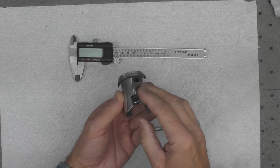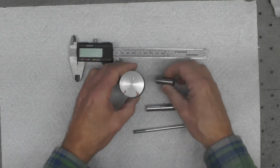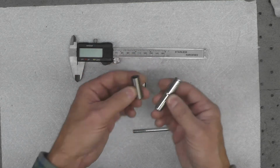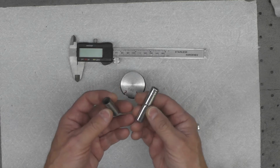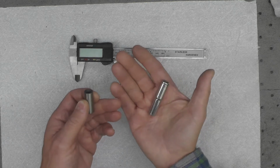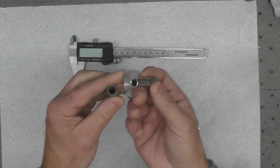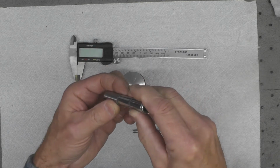I don't know if you can buy one that's small enough for this piston and wrist pin. But what I'm going to do is I took an inexpensive deep socket. I went through my socket collection, and like most of us that have been wrenching for a while, you probably have a lot of odds and ends sockets. So I found this, I don't even know what brand it is. It's a 7mm deep socket, and if you look at the end here, it's a nice fit